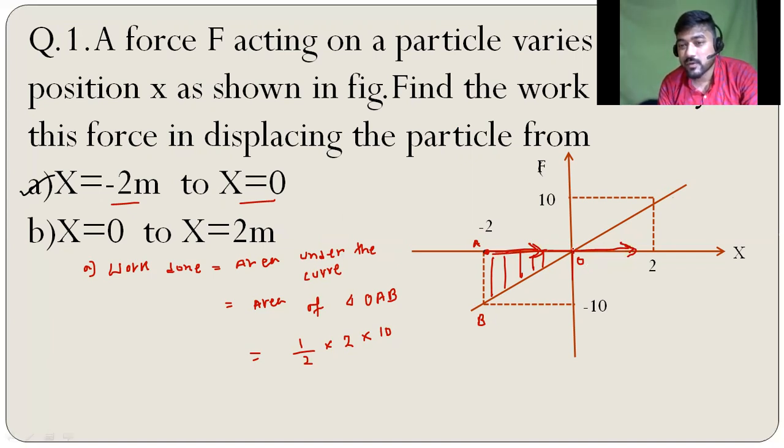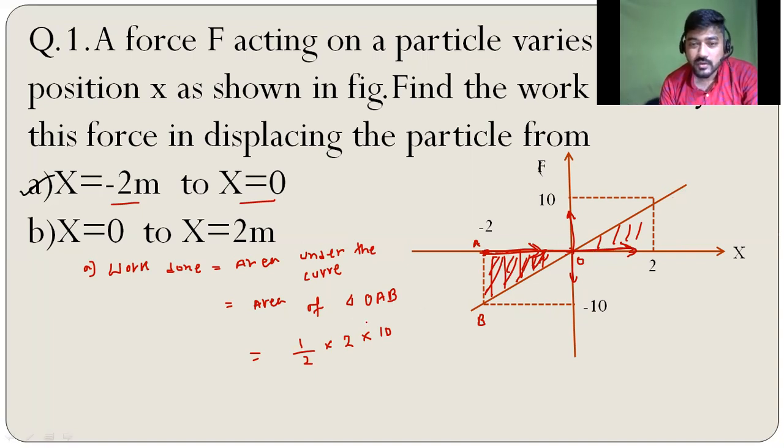But you can see the force here is in this direction, but force here is opposite direction. For this part of the journey of the particle, the force is in a different direction with respect to this. So for this AO path, when the particle is displacing from the point A to the point O, you will have negative work, because force and displacement are in different direction. But for this part of the journey, you have displacement along the x direction and force is along positive direction. Force is along +10 and here is -10.